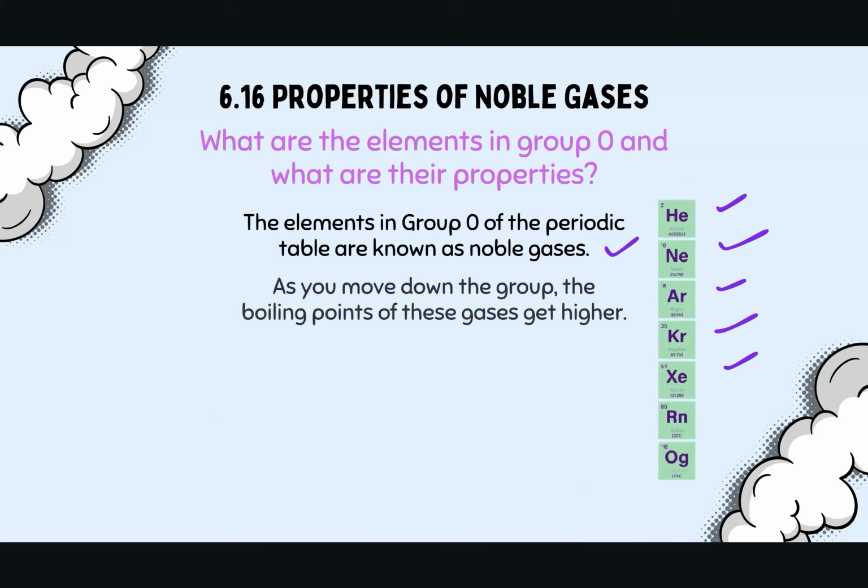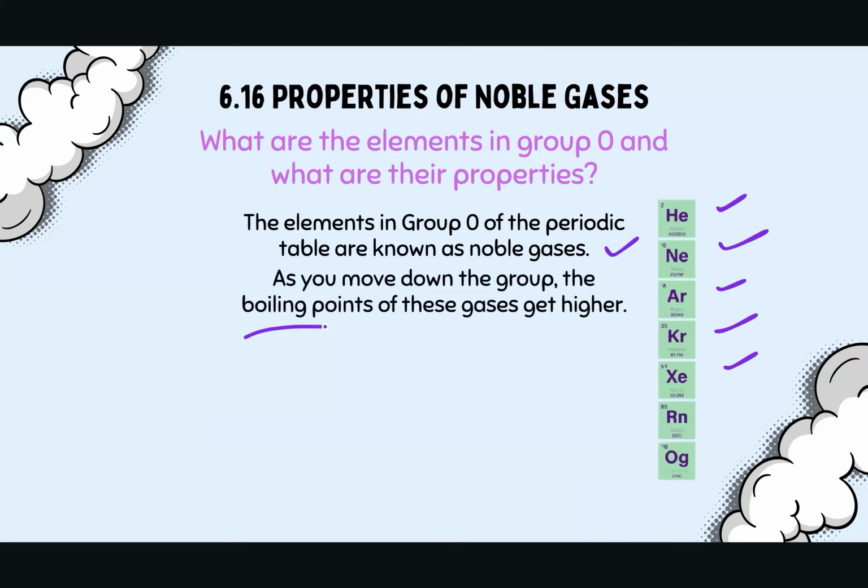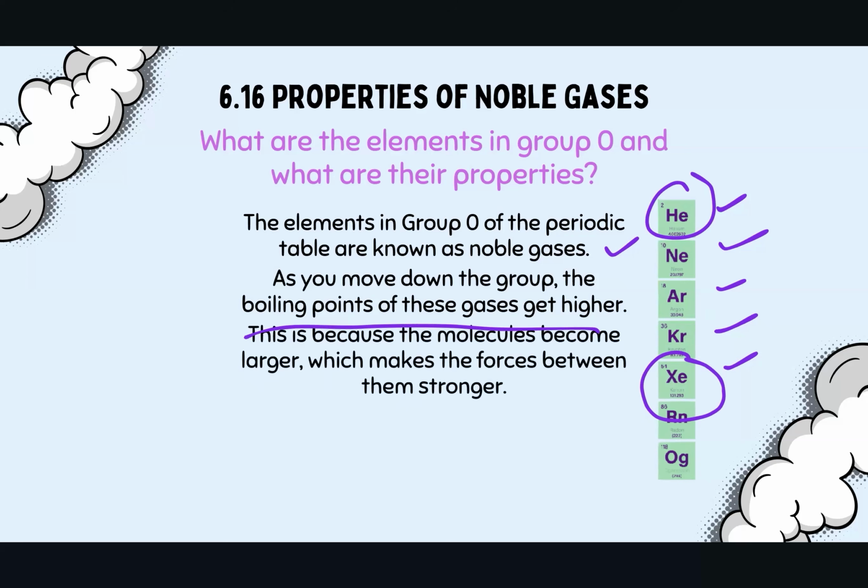As you move down the group, the boiling point of these gases gets higher. So, for example, xenon will have a much higher boiling point than helium. So as you go down the group, the boiling point increases. This is because the molecules are getting larger, and as they get larger, the intermolecular forces between them, because they can't form anything other than intermolecular bonds,